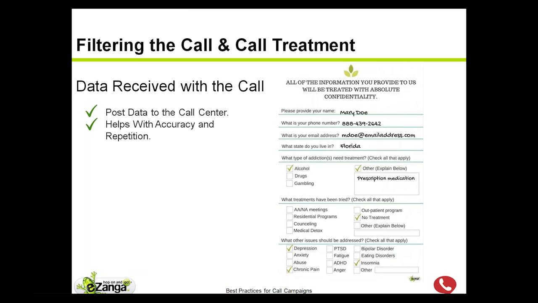People hate just as much, I think, having to repeat themselves. When you finally get on the phone with an agent, somebody who can help you, and they ask you the same question that was just asked by somebody else who transferred you, that drives you nuts, right? Well, there's actually the ability, and if you have this ability, whether it's your call center or the call center you're working with or whoever you're buying calls from, I highly recommend that you post data.